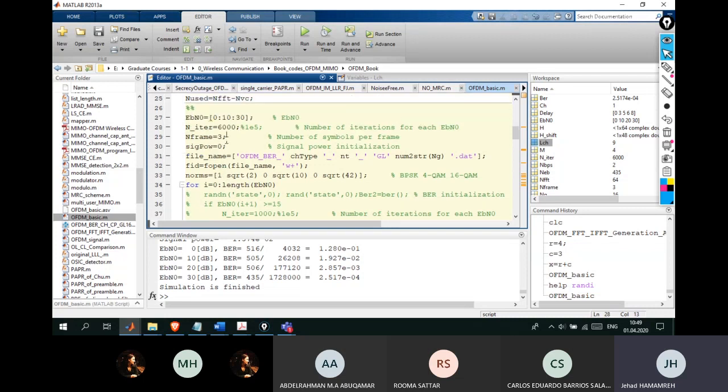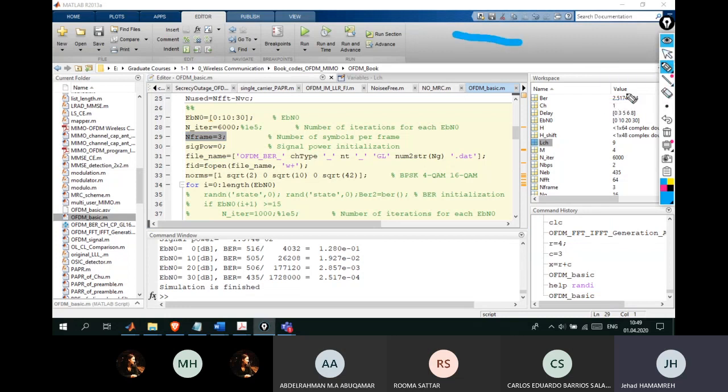And then you define the number of symbols in one frame. In OFDM you don't transmit symbol by symbol, you gather them together. This is the first OFDM symbol, this is the second OFDM symbol, and this is the third OFDM symbol. You gather them together and send them within a frame all together. You don't send one by one, you just collect them. The minimum value you can use here is 1. You can select it to be 1, so that I want my frame to be only one OFDM symbol. It can be. But there are some practical issues related to that, so for this code it's defined